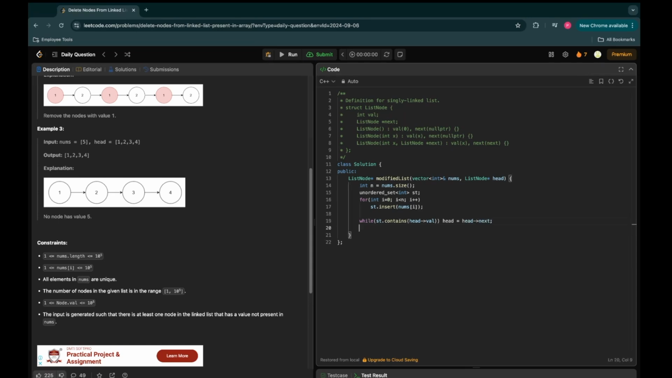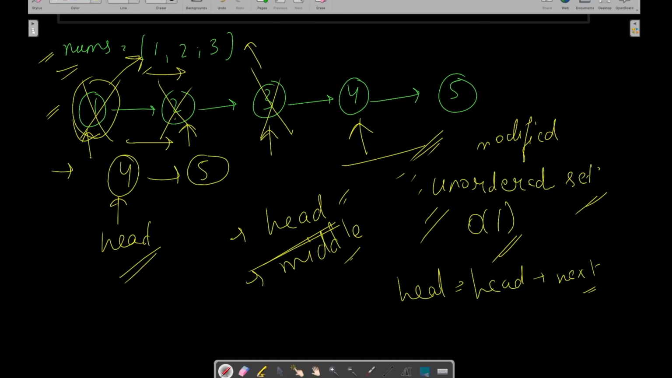So we will just simply do head becomes head ka next. Now our head node is pointing to the node which we need to return, and we need to delete the middle nodes now. So first of all we need to keep the track of current and previous. We will also initialize previous with head. Now while current has not reached the end of the linked list, we will check if set contains current ka value, and if yes, then we need to follow